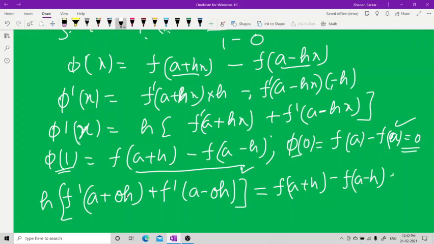There is no need to write 0; there is no use writing minus 0 there. So you leave it. So this is how it has been proved. This has been proved here.